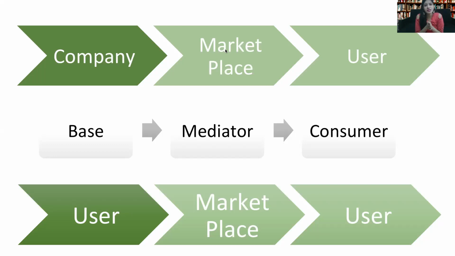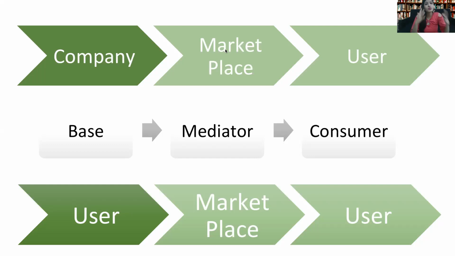Then comes the mediator, and the mediator is something which helps you to know about the place where it is being collaborated. मतलब base हो गया हमारा original place, अब उसके बाद कहाँ से हम उसे collect कर सकते हैं, from where we can collaborate with it or we can collect it. That is the mediator. And then comes the consumer. Consumers are like us or a company, anything that uses that gadget, that product. So talking about these three parameters, the brand new and the refurbished ones have a very slight difference.